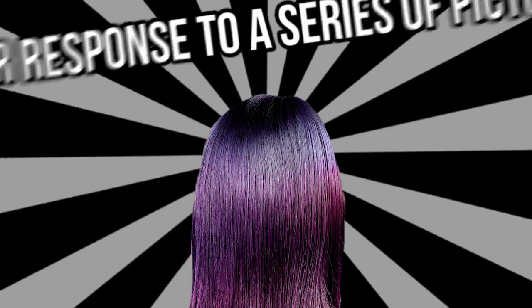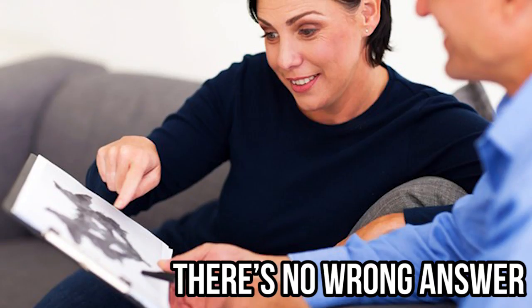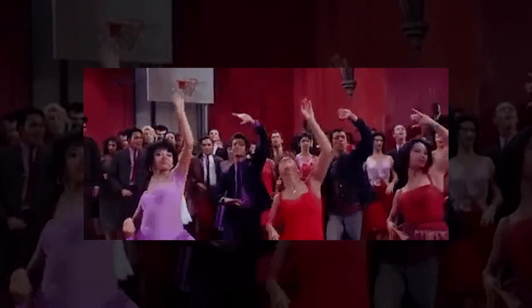Psychologists have discovered that your response to a series of pictures can actually help determine your personality. There's no wrong answer when looking at these photos, but they will tell you just how artistic, confident, social, and